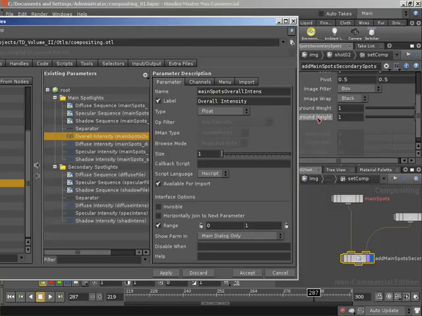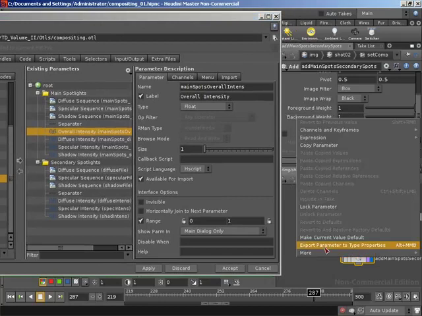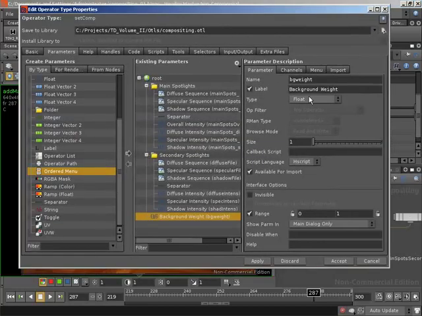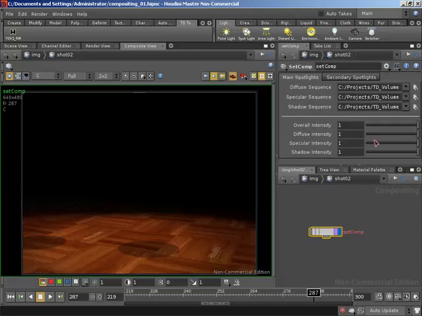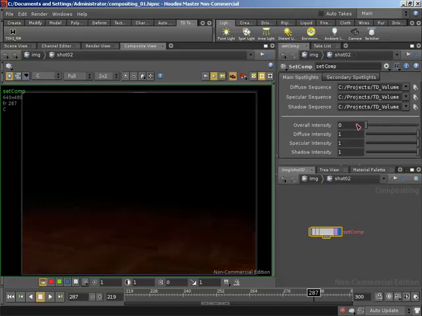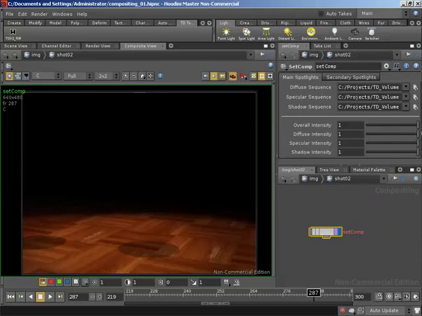I'll do the same with our background weight, so I'll right click on background weight and export parameter to type properties. I'll give this a name of secondary spots overall intense with a label of overall intensity, and I'll put this inside our secondary spots folder above our diffuse intensity. So now if we accept this and jump back out, we now have control over the overall intensity for a particular light, or we can control the diffuse intensity, the specular intensity, or the shadows, and we have both our main spotlights and our secondary spotlights, which are all of the passes that we have for our set. So with that, I'm going to right click, save out our operator, and right click match current definition,